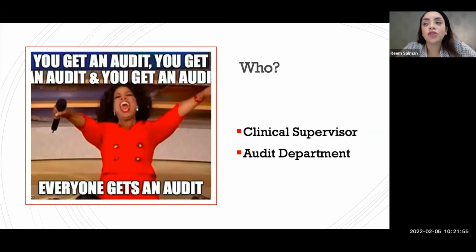Also, the other advantage for the audit department registration is that the audit department can tell you if this audit is being done right now by somebody else, or if it was done just like 2 weeks ago or a month ago. So it wouldn't be really useful if you do the same audit in a very short period of time. So that's another advantage of getting the audit department involved as early as possible before starting collecting the data and doing all the hard work. Okay.